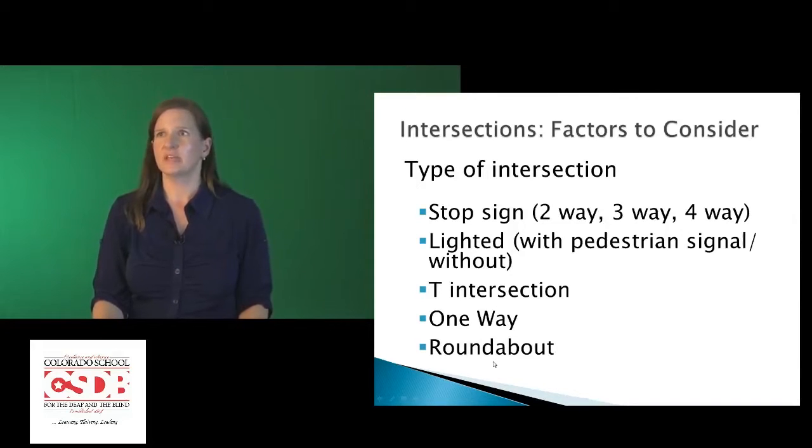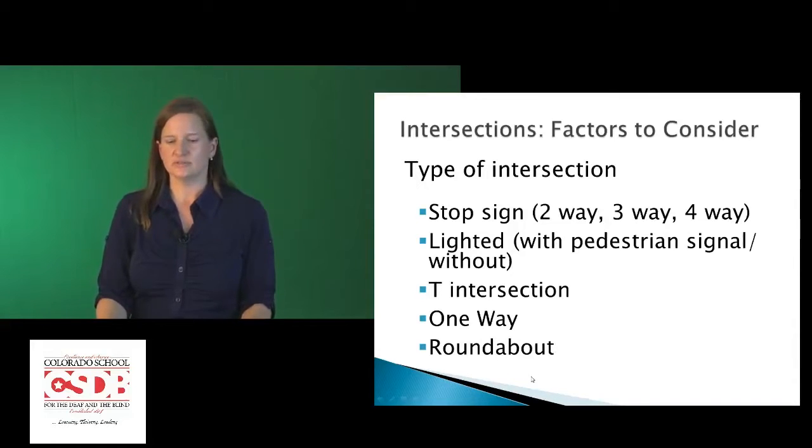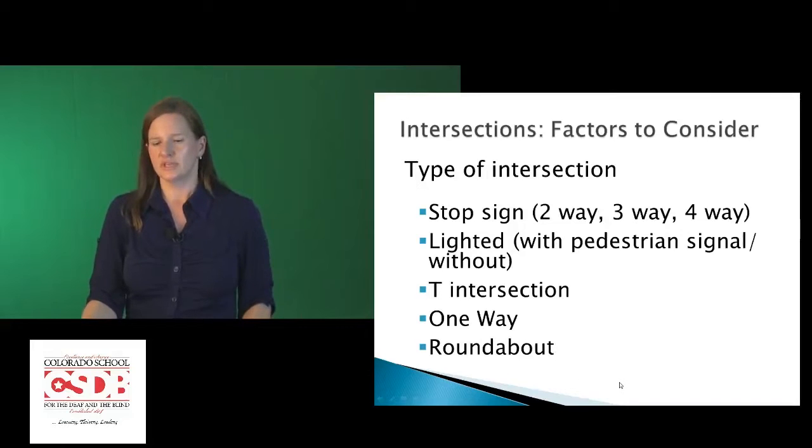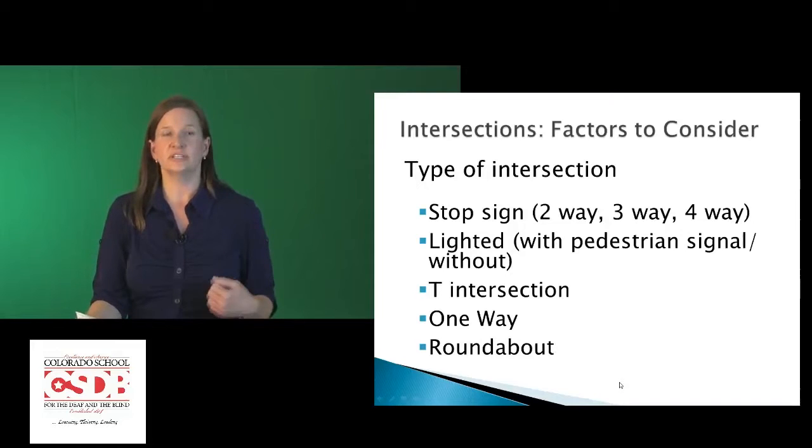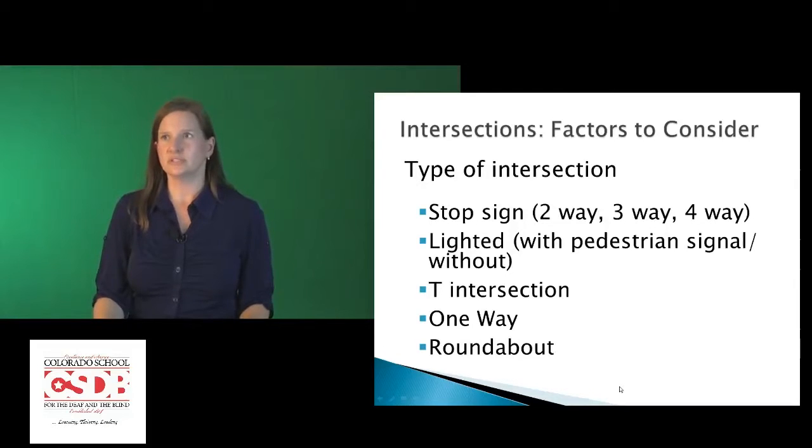In a lighted intersection, it's important to talk about whether there's a pedestrian signal or not, and if it's audible. With pedestrian signals, you can go through the whole cycle, starting with the walk sign, which is often a white man, and will often have also a countdown. Usually there's also a signal that you need to finish, you need to hurry up and get through the intersection, which is a flashing sign. And then last there is the don't cross sign. So you can discuss all those with the student if they have low vision.